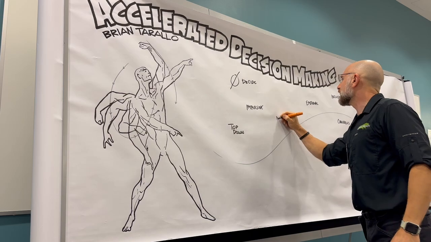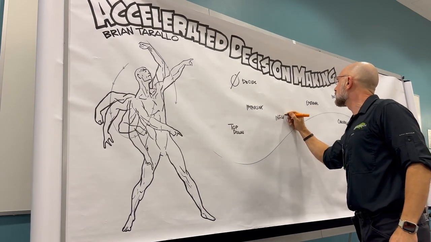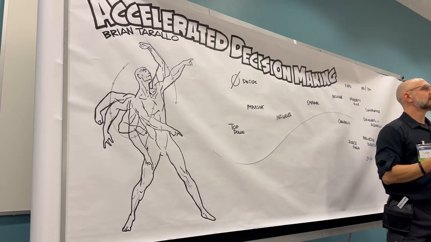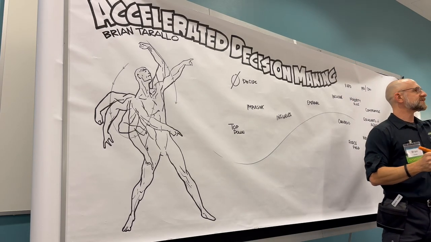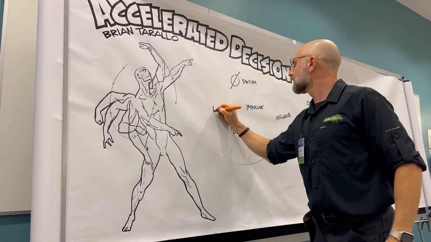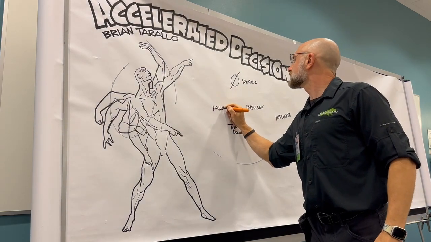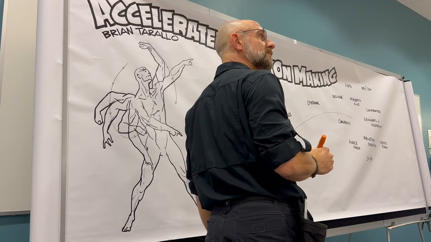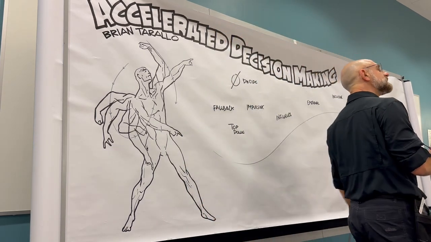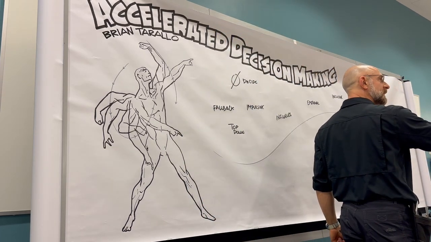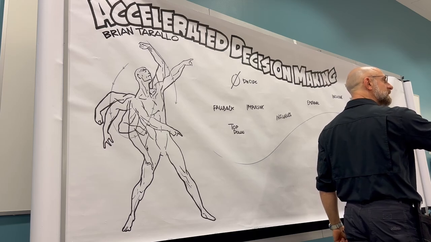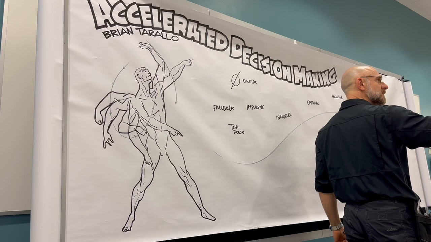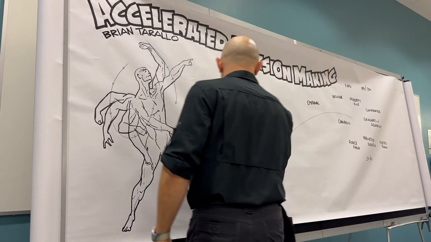Let's do that one right about here. Influence. Fallback? What's fallback? When consensus is reached, it falls back to the leader to make the decision. Leader decides. Okay, so fallback or leader decides. How about the loudest person in the room? Now, from a decision-making perspective, is there a decision there, or are they just taking up airspace? They might force the decision. Okay, in that one, let's say it's loud voice.